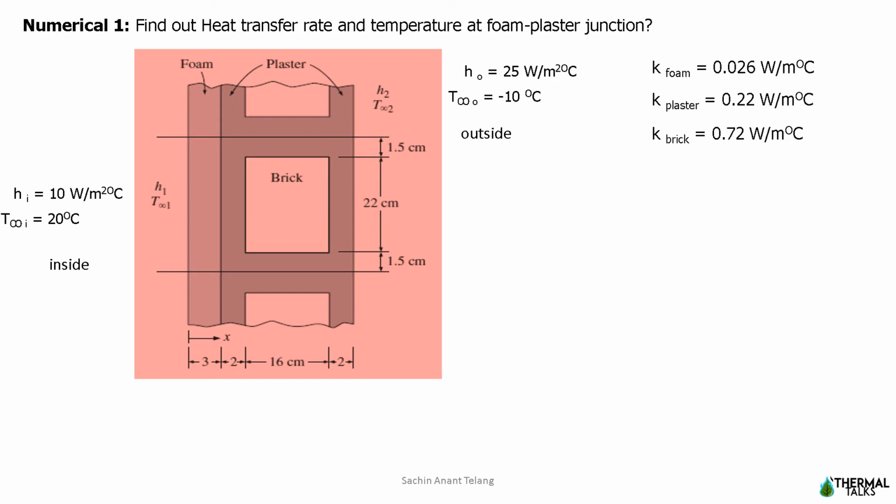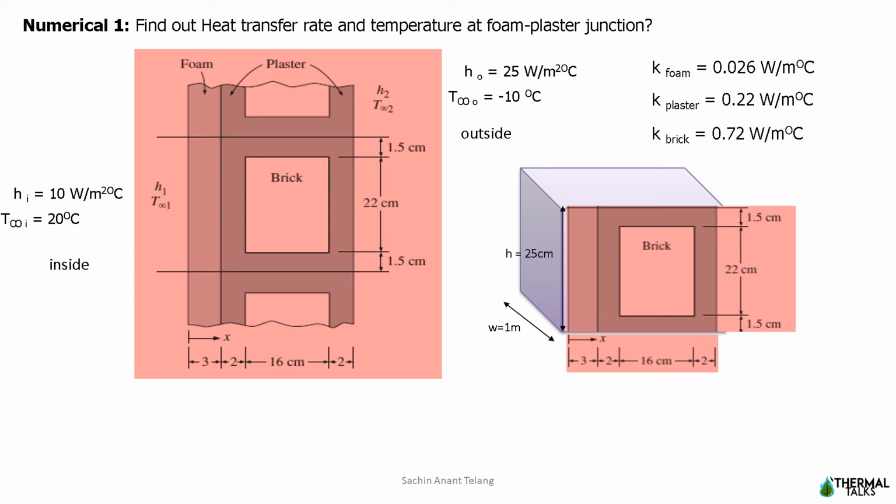For simplicity of understanding, I have taken the portion of the arrangement which we are going to evaluate and named the thermal resistances as follows. R1 is the thermal resistance of the foam; R2, R3, R5, R6 are thermal resistances of the plaster; R4 is the thermal resistance of the brick, and it is arranged in this fashion. So we can see here R3, R4, R5 follow a parallel combination of composite wall. So let's get solving.